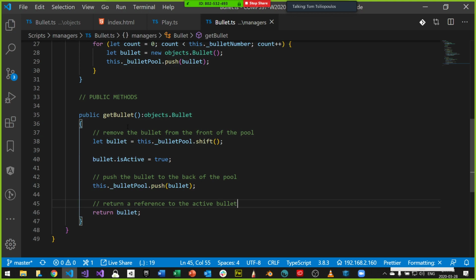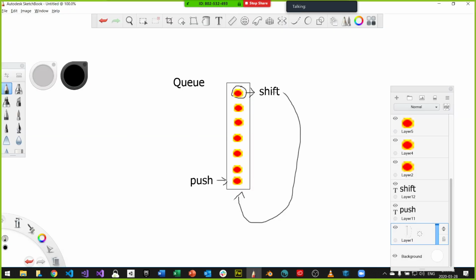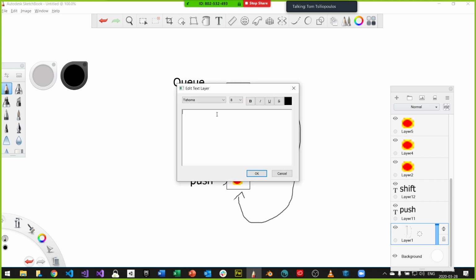So active, the thing is, it's either active or inactive. Whenever I call, hey, give me a bullet, it's going to take it from the pool, shift it out of the pool, and make it active. So let's just change this: set bullet as active.